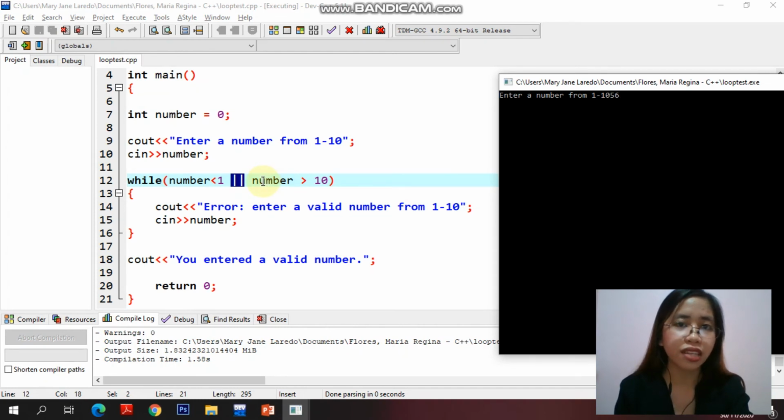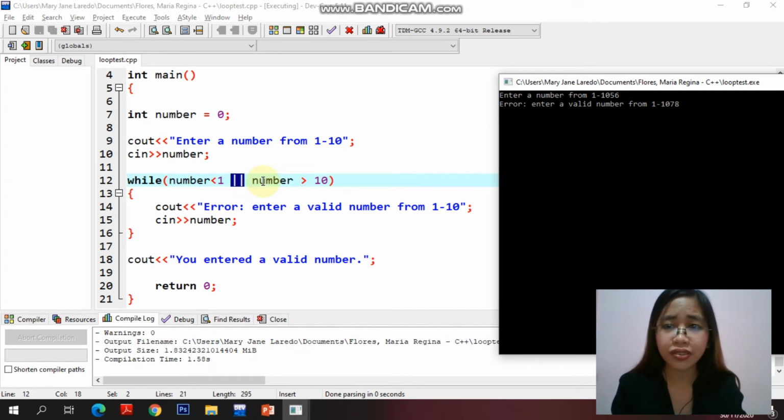56 is greater than 10. True or false? So, basically, 56 ay mas malaki nga naman sa 10. So, it will fall into true. So, merong isang true. So, what will happen kapag true yung condition? Of course, mag-execute yung statement. So, lalabas itong error, enter a valid number from 1 to 10.